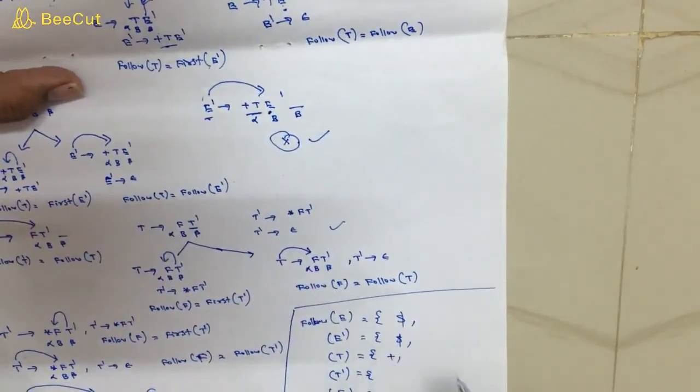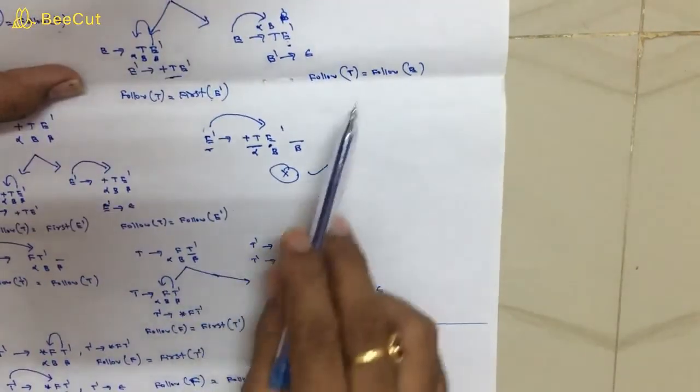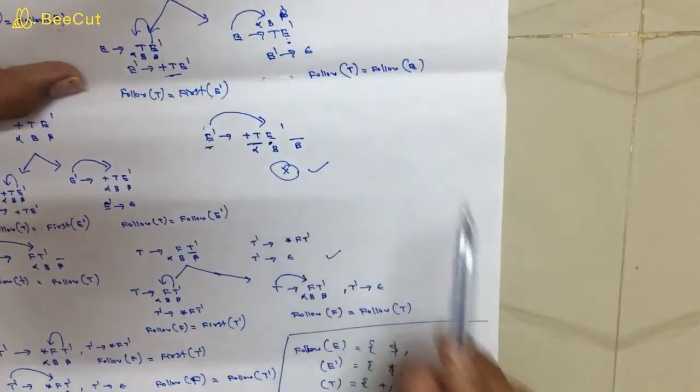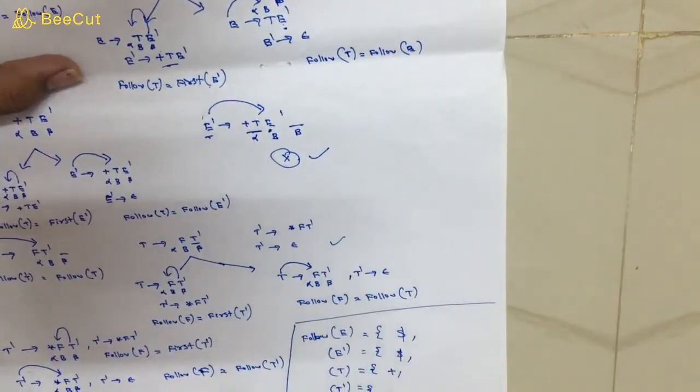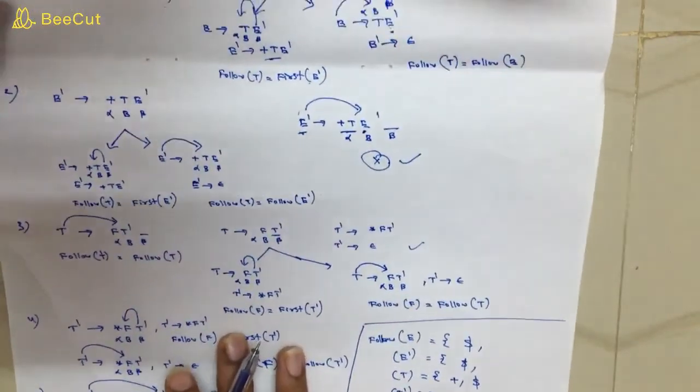If you take this rule, follow of E is added to the follow of T. Follow of E contains a dollar, that is added to the follow of T. That means follow of T contains a dollar. So this is rule number 2. Now as per rule number 3,